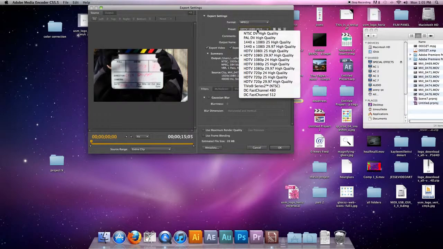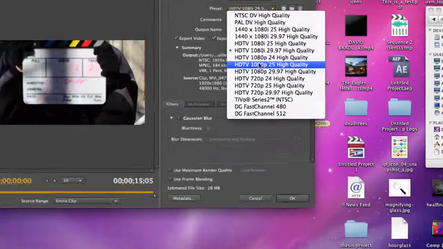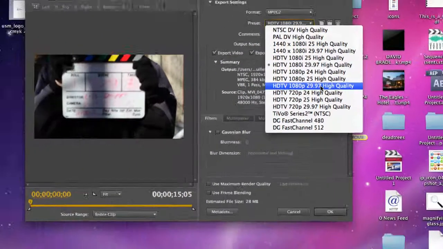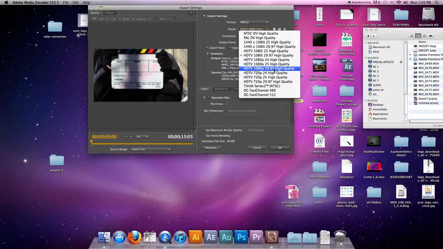The other thing that I like to make sure is that if I've shot in progressive scan as opposed to interlace, that I'm using 1080p 2997. I tend to just use that because the 29 frames a second is the North American standard. Go ahead and click on that,